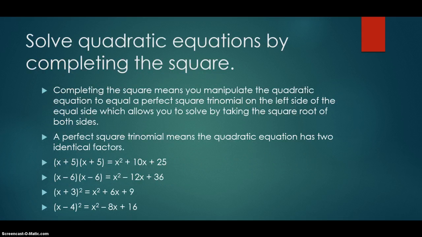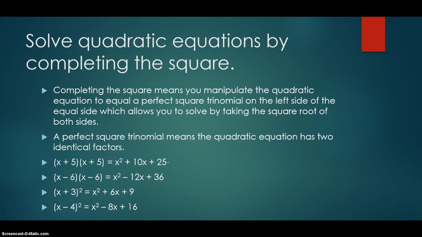When we complete the square, it means you're going to manipulate the quadratic equation to have a perfect square trinomial on the left side of the equal sign, and then you can solve by taking the square root of both sides. A perfect square trinomial means the quadratic equation has two identical factors, and I wrote out some examples here. For example, x plus 5 times x plus 5, that's going to equal x squared plus 10x plus